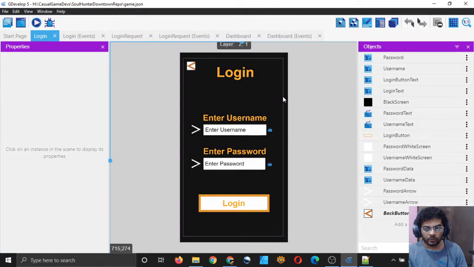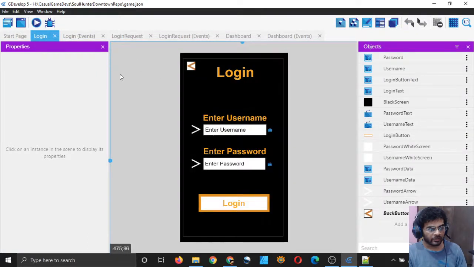My dashboard was not coming. Let me see if it comes this time or not. I will also check the back button press.